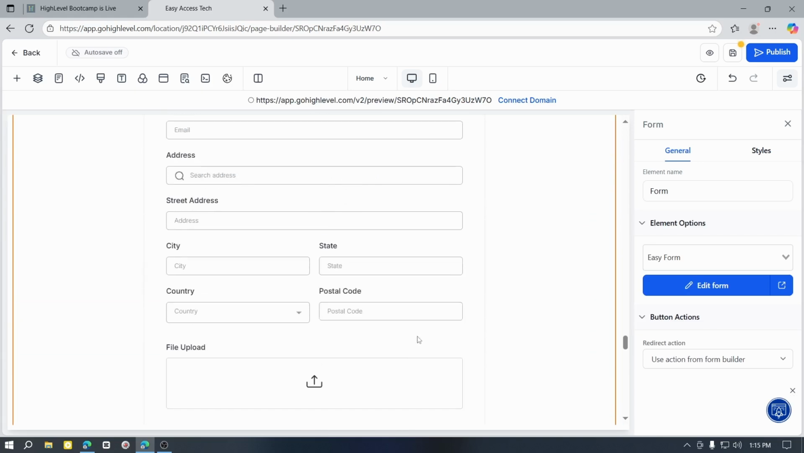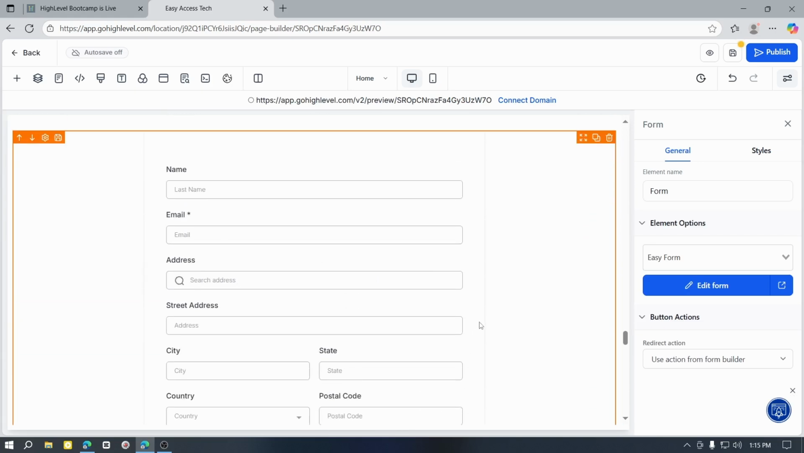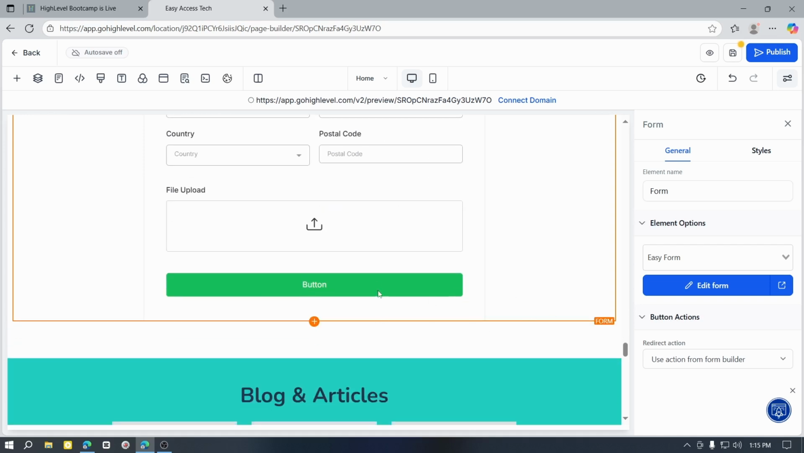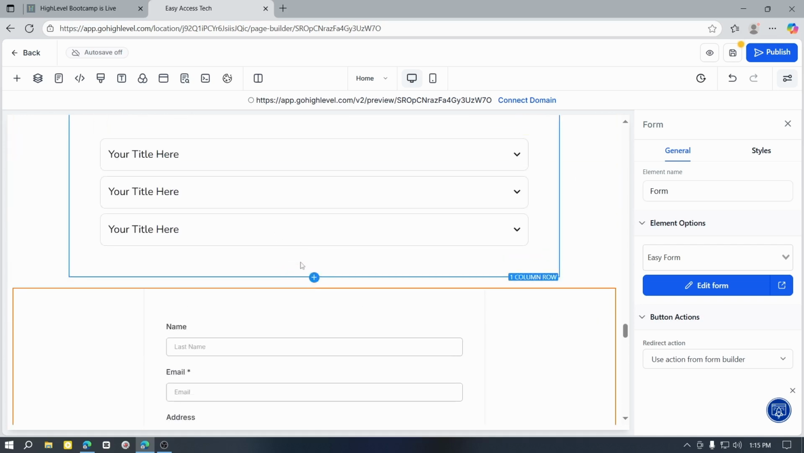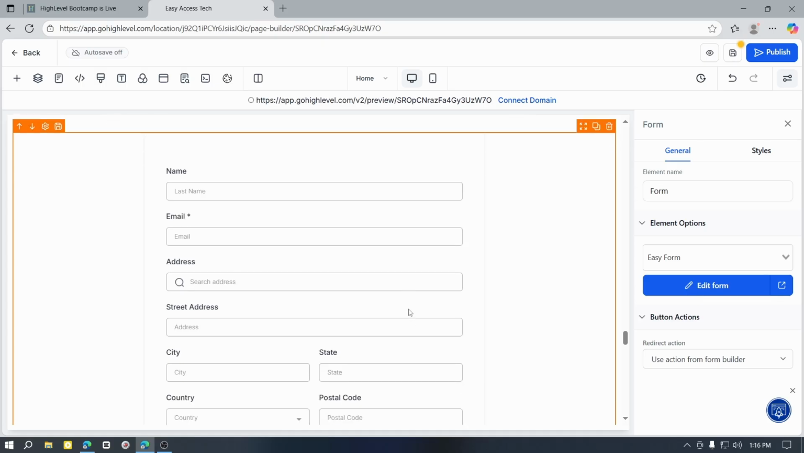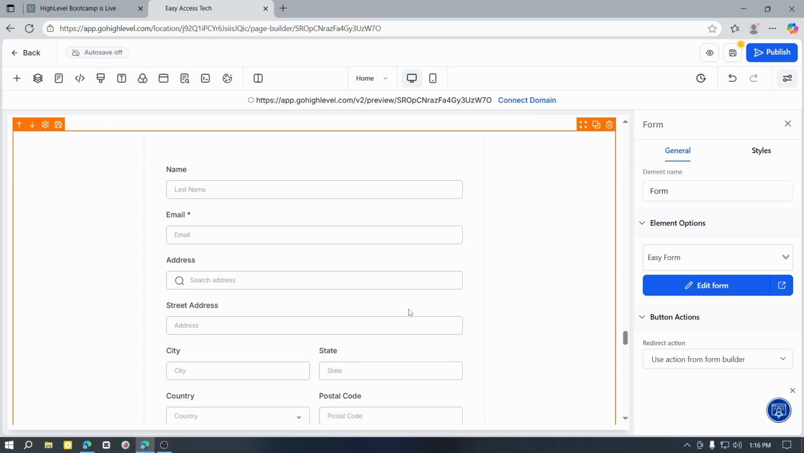Now this is how you can simply add the form, and if you want to edit this form, you have to go back to the form builder and then you can edit this. And this is how you can do that. And if you want to edit this, you can go here by just simply clicking on edit form, and you can edit or customize this. So that's all basically. And once your form is added in your GoHighLevel,